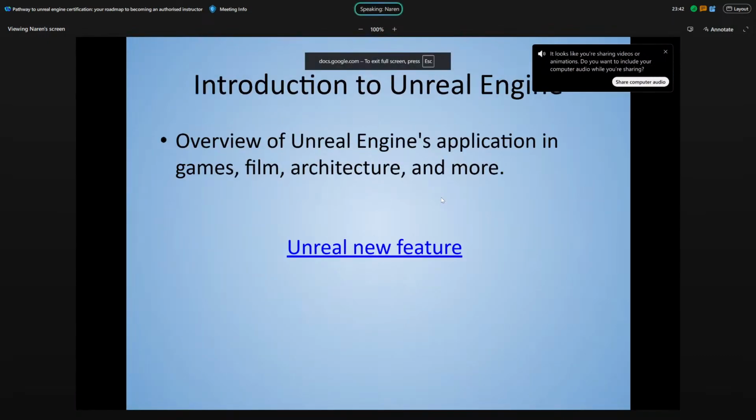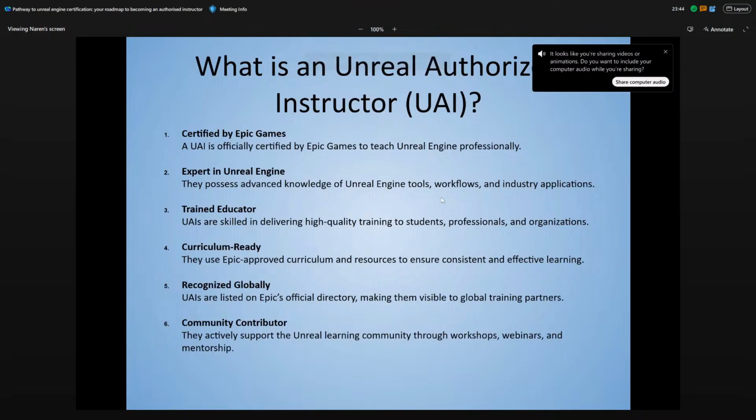Jumping into something called the Unreal Authorization. This is done by Epic Games, the parent company of Unreal Engine, which is in the USA. This is a global program for all trained people or different professionals. It could be a teacher, a tutor, a trainer, or an aspiring professional who wants to become an authorized instructor. Right now there are a few hundred instructors around the globe. Unreal Engine is encouraging every teacher and tutor around the globe to participate and get certified in it.